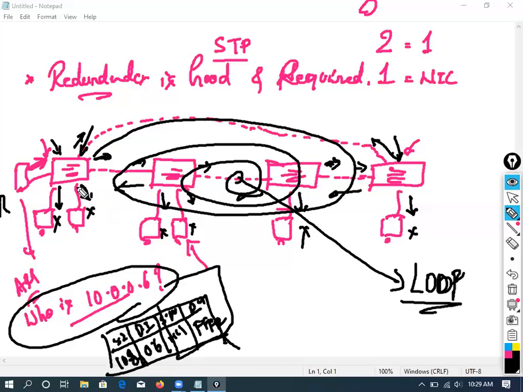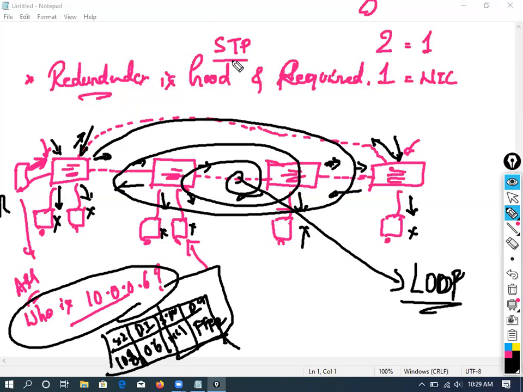Here I just have 4 switches. It's okay. What if you have 100 switches? The broadcast will happen to all 100 switches. What if you have 1,000 switches? It goes to all the 1,000 switches. Is it clear? That's how it's going to create huge, unnecessary broadcast, I would say. You got it, right?